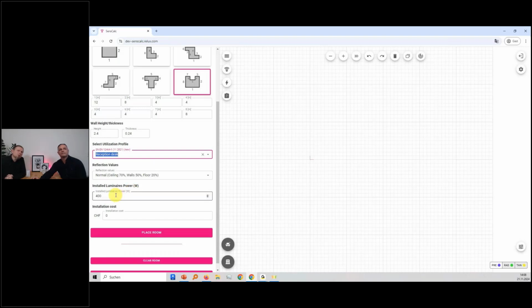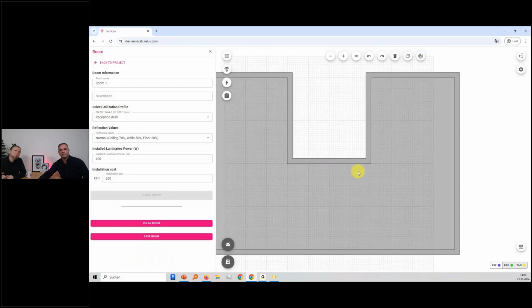These profiles are used for energy evaluation. Yeah, exactly. Because in the backend, we are referring to the SIA from Switzerland, which is a norm that gives some information about the usage of the rooms, how much energy usually goes into these rooms, so we can retrieve this information as a support when planning with this tool. Here, installation costs, I'm going to just put here for now 200 Swiss francs,